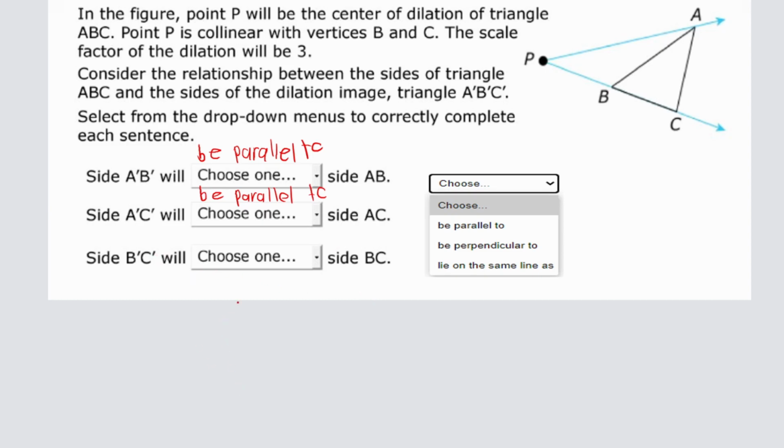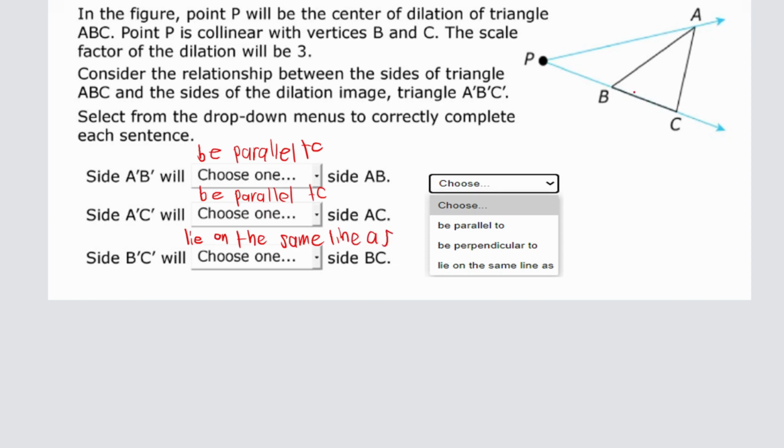And here's the reason why. If you notice BC, which is the original side of this triangle, it follows that blue line that is being depicted here. And that's the direction of our dilation. That's important. When it follows that line, or if P is collinear with BC or any other side, then we're going to switch it up and it's going to say lie on the same line